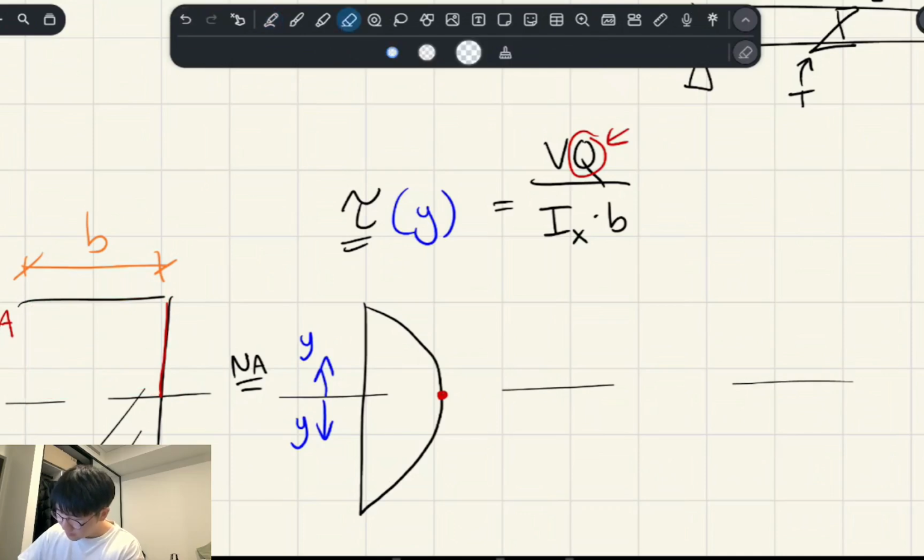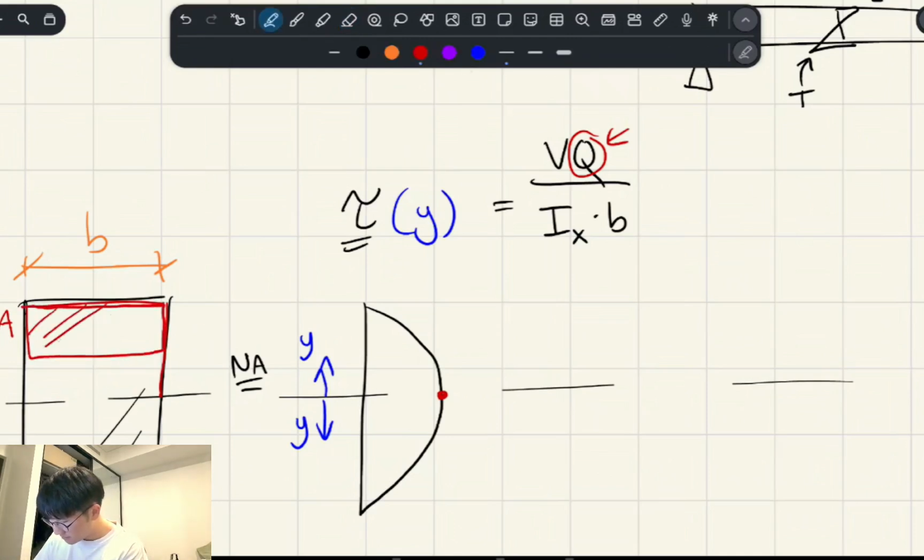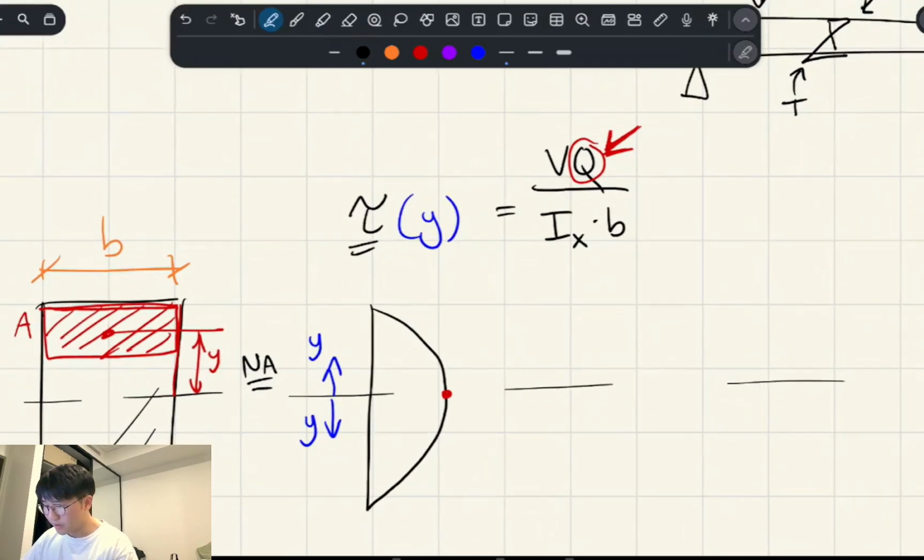So for some variable depth like this, the lever arm is going to change, the depth of that shape is going to change, etc. So you can derive a function of Q, and I go through that in more detail in my solid mechanics video. The second moment of area for a rectangle is BD cubed on 12,